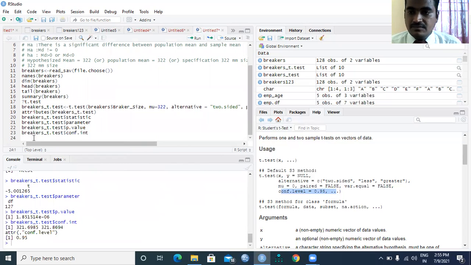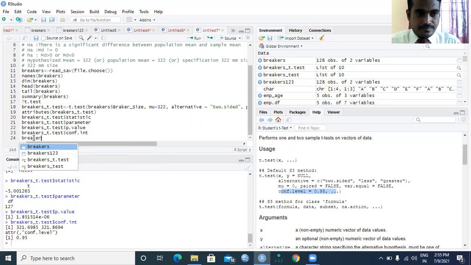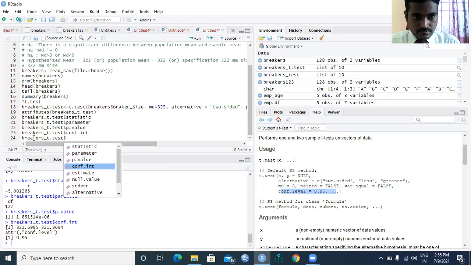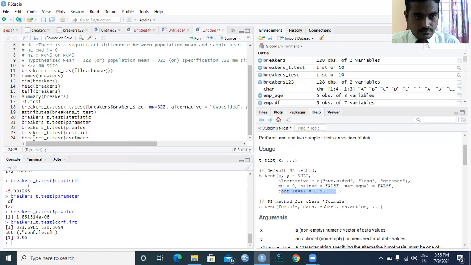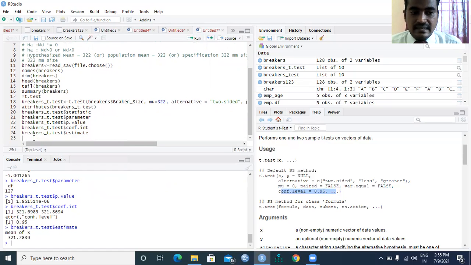So at the 95% confidence level that I used in this analysis, the calculated sample mean value is 321.7839, and my hypothesized mean is 322.